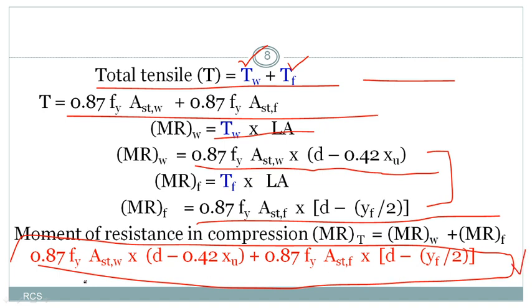I already discussed that mostly we will not use this equation for calculating the moment of resistance, because we cannot divide the total area of reinforcement into two parts, Astw and Astf. We don't know how much Astw and Astf are individually, but we know the total sum of these two. Independently we cannot calculate. That's why we cannot use this equation for calculating the moment of resistance of a T-beam. We simply depend on the moment of resistance with respect to compression.